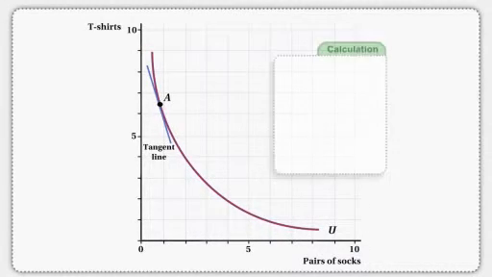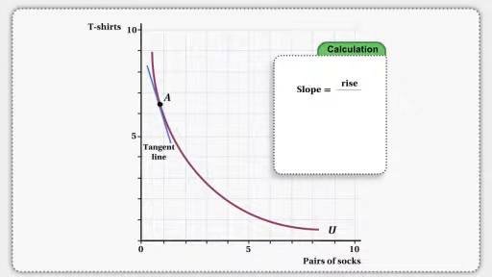To calculate the slope of the tangent line, we calculate the rise over the run. The rise is -1 t-shirt, which we can read directly off the t-shirt axis. The run is 0.5 pairs of socks, which we can read off the socks axis. The slope of the tangent line is then -1 over 0.5, or -2. Thus, we know that Sarah would be willing to trade 2 t-shirts to receive 1 more pair of socks at